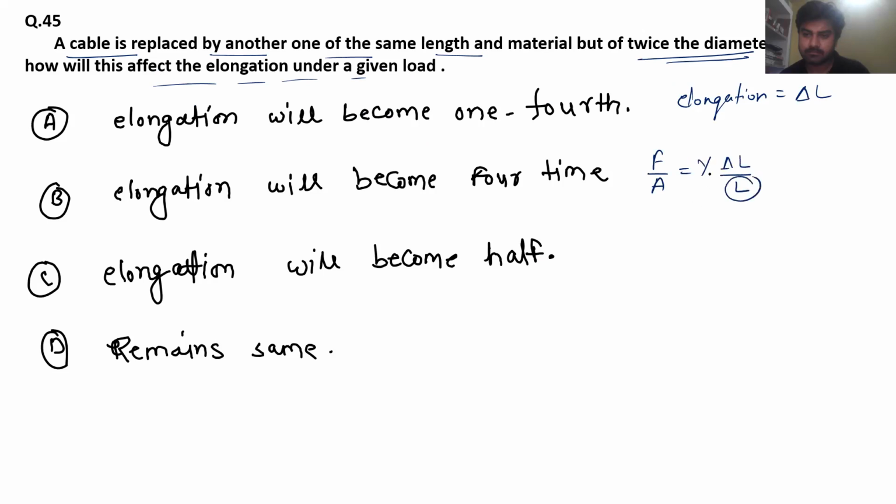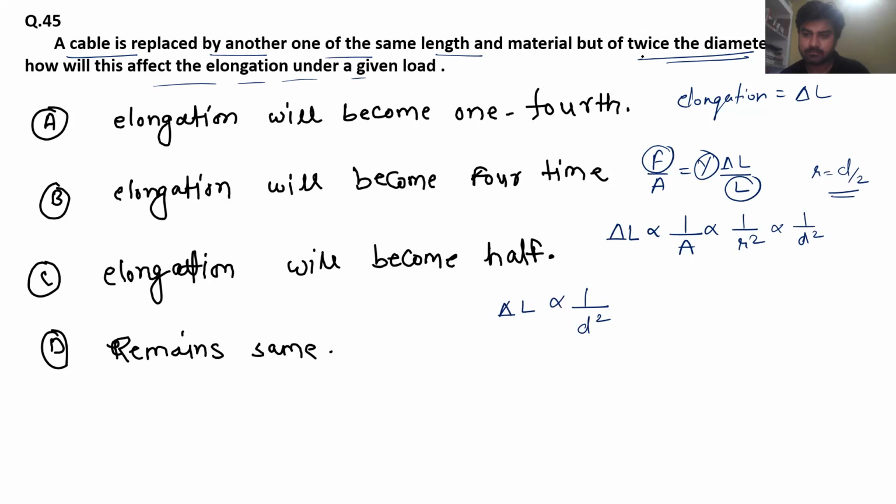Since length is not changing, it is constant. Since F is not changing, it is constant. Since Young's modulus is not changing, it is constant because the material is same, right? So I can say delta L is inversely proportional to area, or I can say inversely proportional to R square. And if I put in place of R as D by 2, which is diameter by twice, divide by 2, I can say it is inversely proportional to diameter square as well. So I got the final result, that is delta L, which is elongation, is inversely proportional to diameter square.